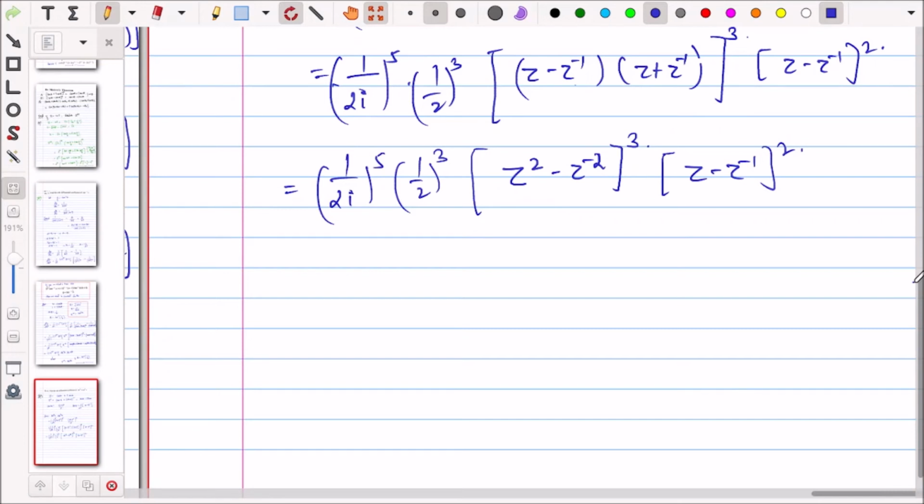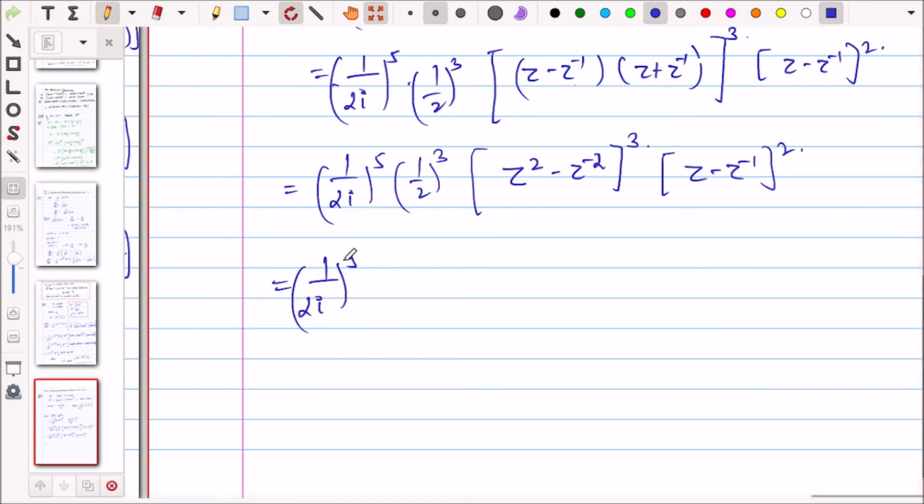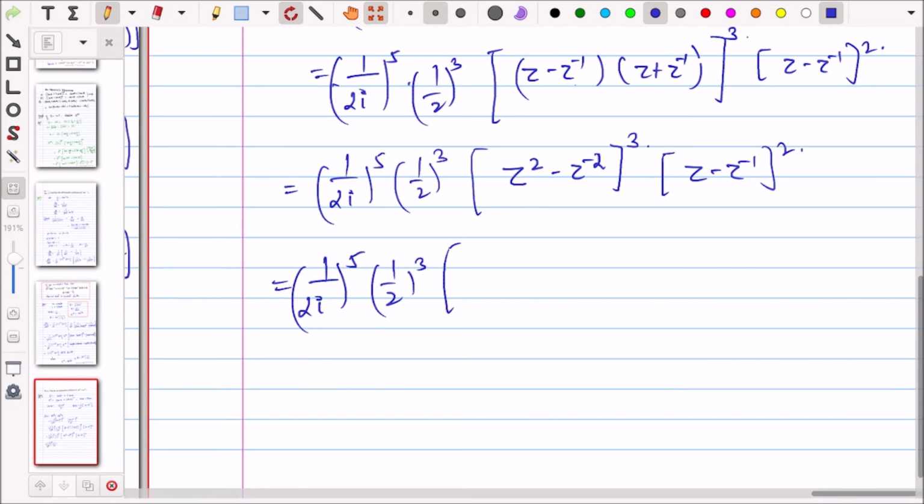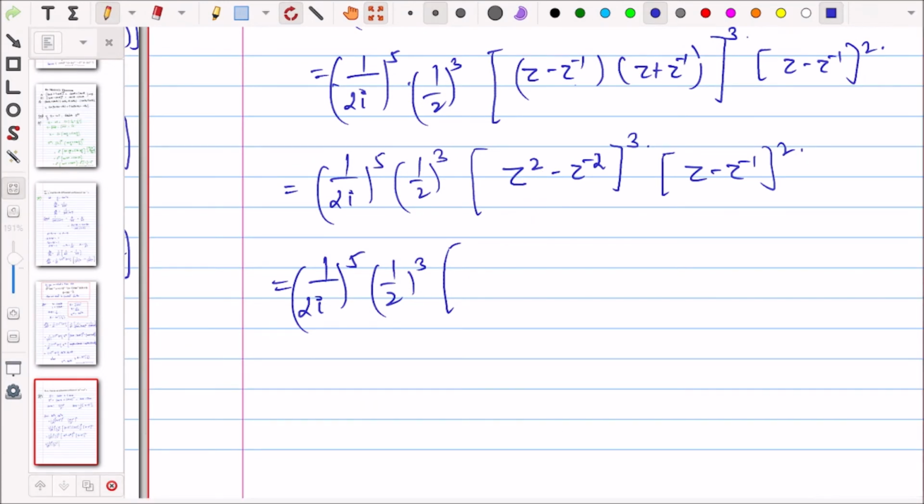Yes, sir. So now you can simplify it. अब ये cube इधर लगा सकते हो, and this you can bring it here, so you can simplify it. ठीक है, so you can expand it and you can get your answer. So the 5 1 by 2 cube. So on simplification, मैं अभी simplified form दे रहा हूँ, I am just giving you the simplified form. You can expand and simplify it.